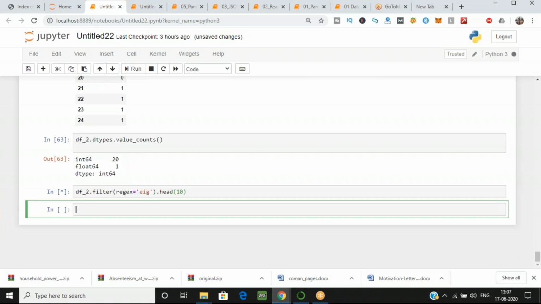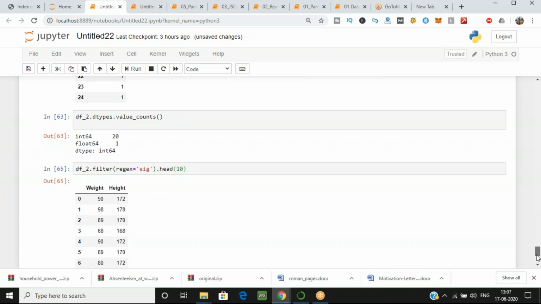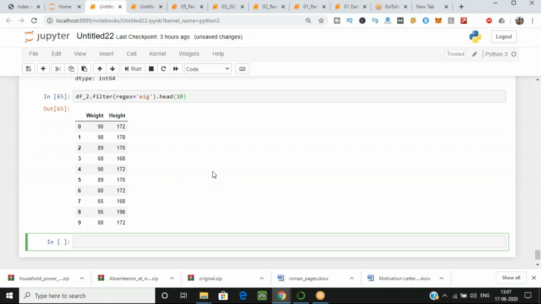In a bit you will see the output also. You have weight and height with EIG. As you can see, because we have used the string inside the regular expression, we have two columns, weight and height, which match our conditions.